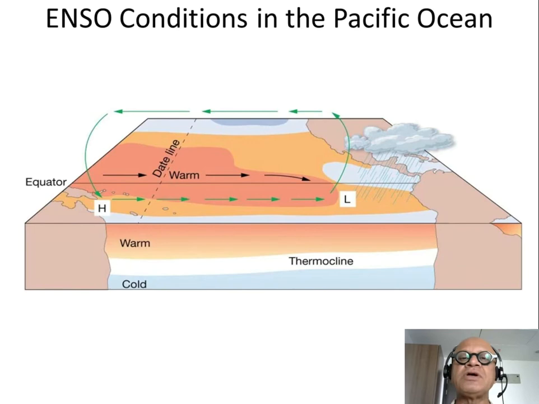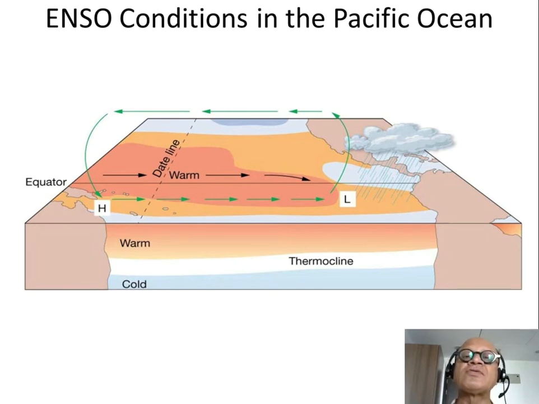Okay, I mentioned Gilbert Walker. He was a British officer in East India Company, as I mentioned. He was a buff in meteorology and did a lot of very seminal work. I don't know if seminal is a politically correct word anymore, but nonetheless, very pioneering discoveries. He was looking at the famines when they happened, and he was looking at the global charts of sea level pressure to see if he could understand where these monsoon droughts and famines were coming from. Droughts and famines are not the same thing, but we won't go into that detail here.